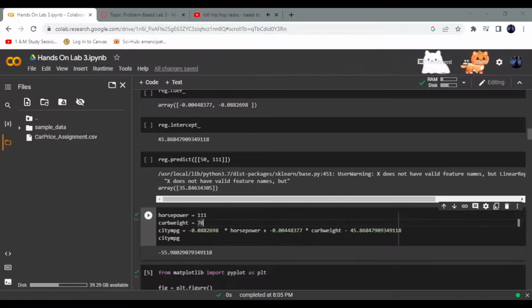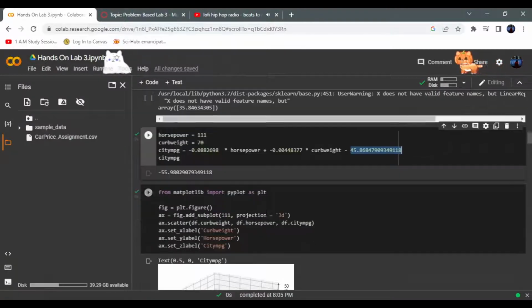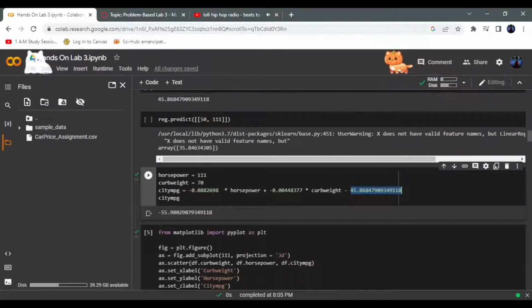This is taken from the data, by the way. So our horsepower might be 111, curb weight is 70. So using the price formula, we could formulate this city MPG, horsepower, curb weight of negative 45. It's unfortunately negative, so the prediction isn't